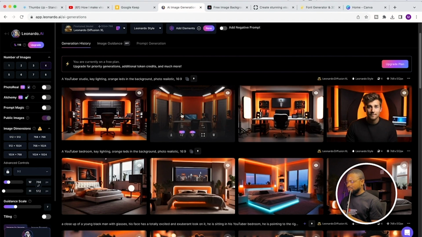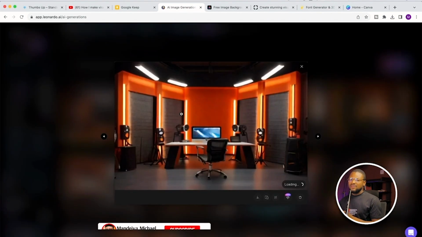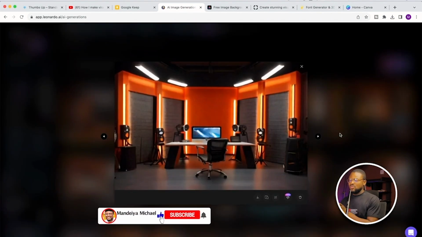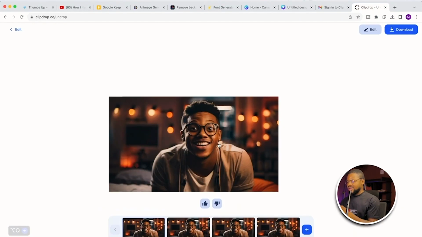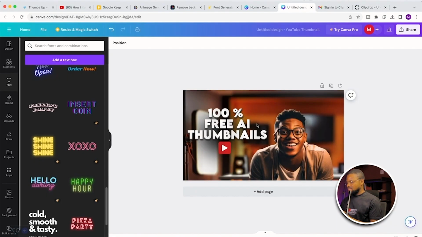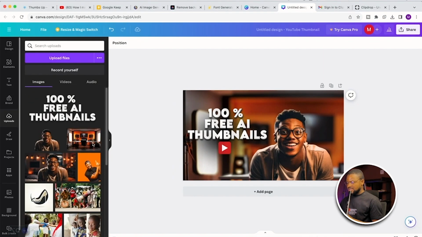So that is why it is always good to have another image generated without the human in it, with the same prompt, so that if you expand it and you still have problems with the expanded version, you can quickly use the other image and go through the same process like we just did. But if it happens that you expanded the image and it's still looking as good as it is,